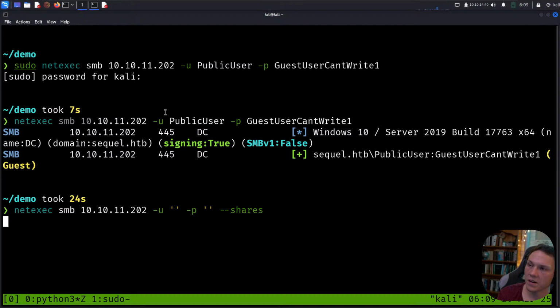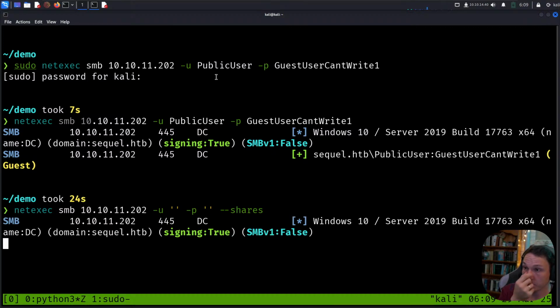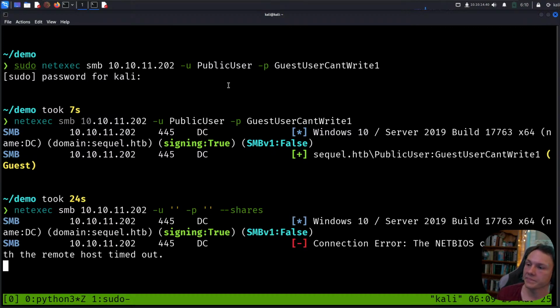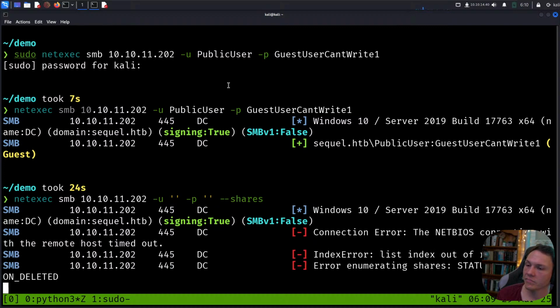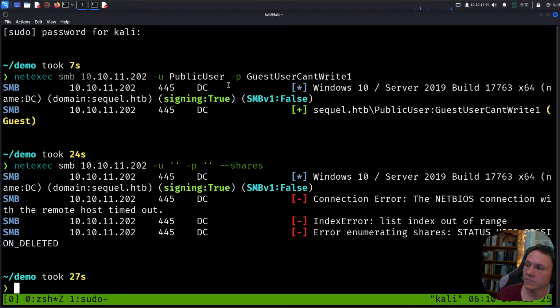So for some reason, I'm not sure why sudo wasn't working. Does anyone in the chat know why that may be? Interesting. All right, so